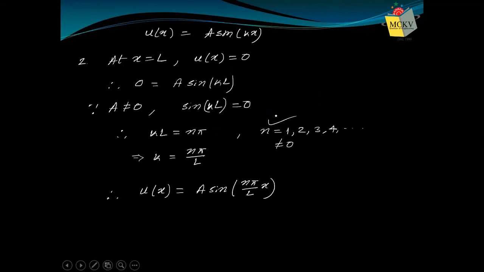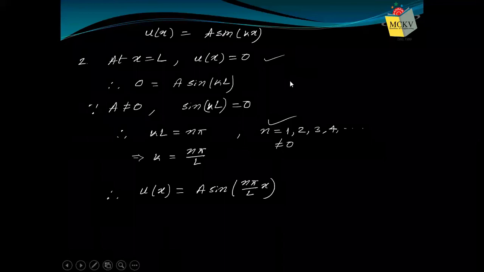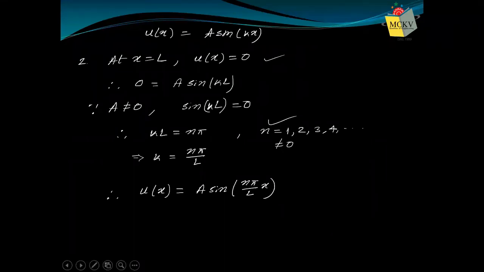If we use the second boundary condition, then we get the value of k. We get that there are different values of k. What are those values? Values are pi by L, 2 pi by L, 3 pi by L. These are the values of k, because we have defined values of n as 1, 2, 3, 4, etc. except 0. So we have different values of k. So now k is known. And we get our psi as A sin n pi x by L. So this is our wave function or eigenfunction.